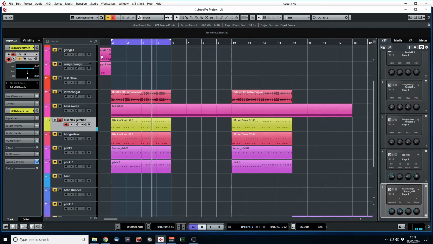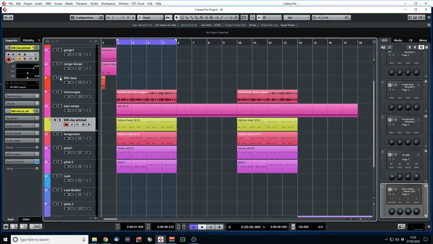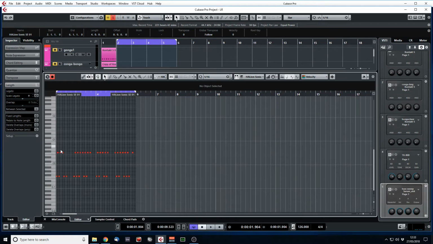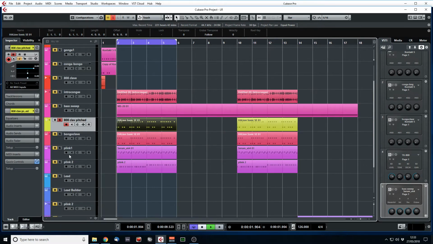So basically I just sampled the clave sound out of the 808, which is here, put it into a sampler, pitched it down, roughly figured out what the notes were, and it's just basically doing octaves up and down at that rhythm. And then when we play that with the 2 sections we just talked about before,